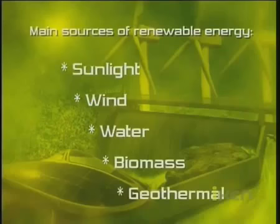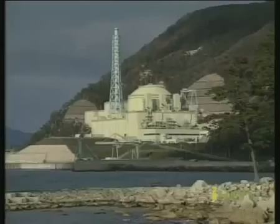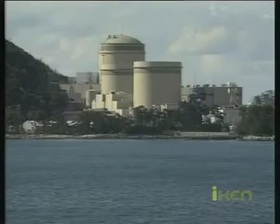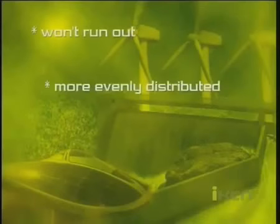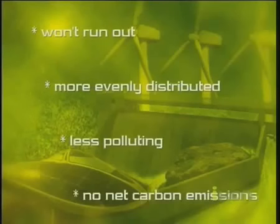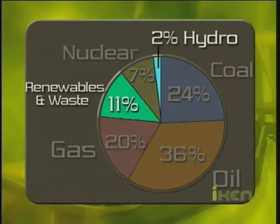biomass, and geothermal. Nuclear power is not considered to be a renewable energy source because uranium, although not a fossil fuel, will eventually run out. Renewable energy sources offer a long-term solution to many of the problems with fossil fuels. They won't run out, they're more evenly distributed, they're less polluting, and they produce no net carbon emissions. For these reasons, the use of renewable energy is growing quickly worldwide and now makes up approximately 13% of